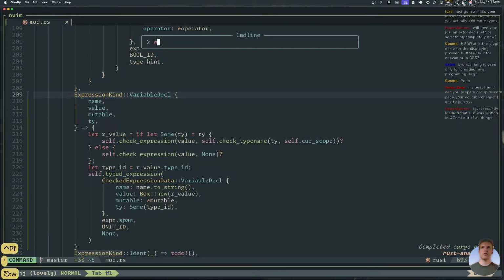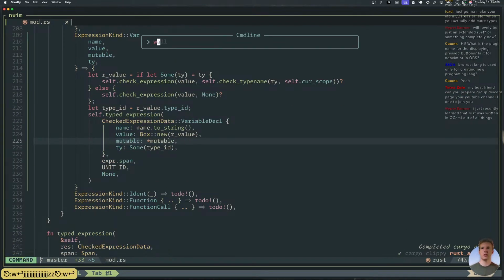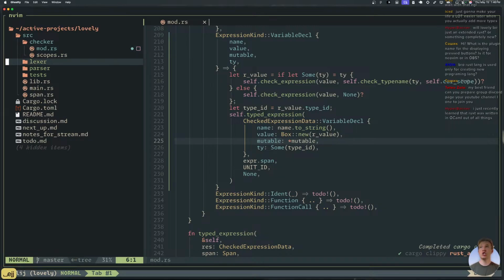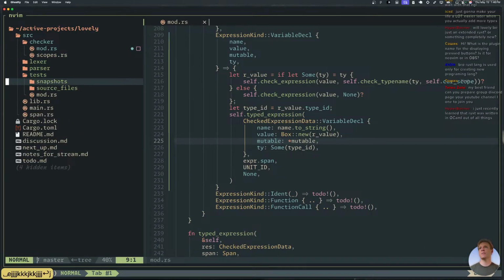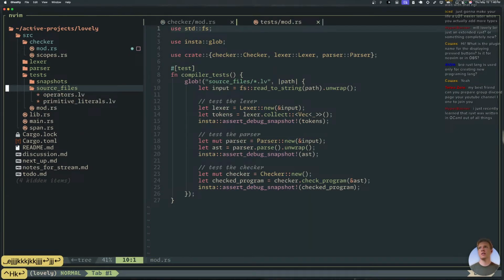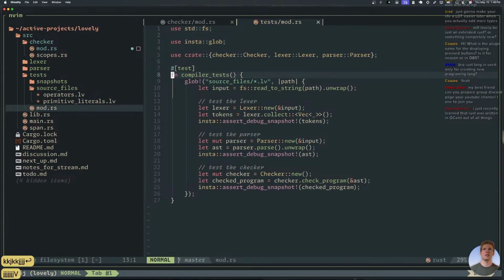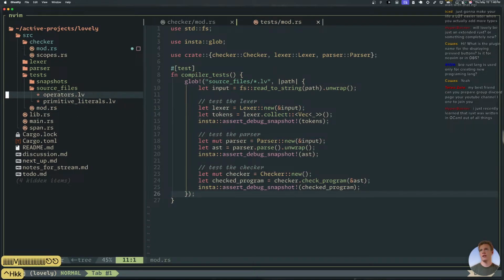Now you guys want to see the fruits of all of our labors from yesterday's stream, setting up all that snapshot testing. I should be able to go into our tests, our source file. Oh, I see, you're gonna like this too, because you do something like this too, don't you? So my tests are all just lovely files now. And then I'm automatically snapshot testing every stage of the compiler all the way through for both of them right here. And if I add a new one, it'll automatically test that one too. It just does everything for me automatically.